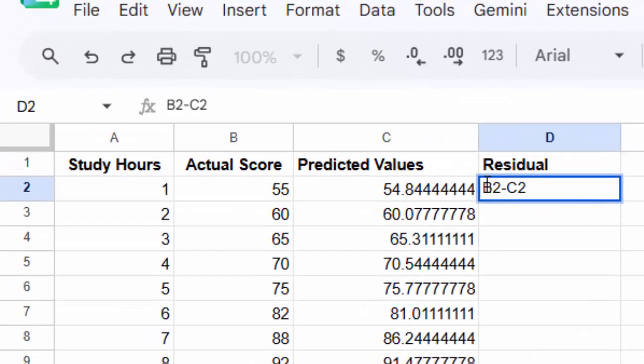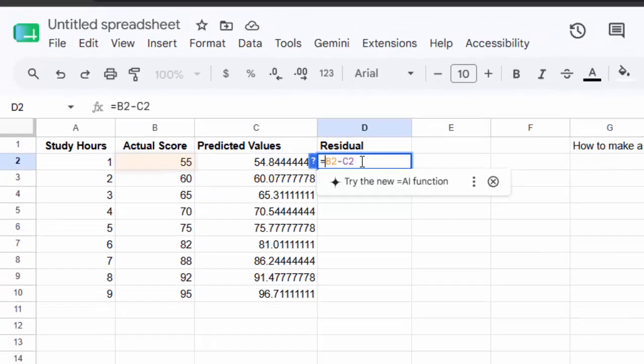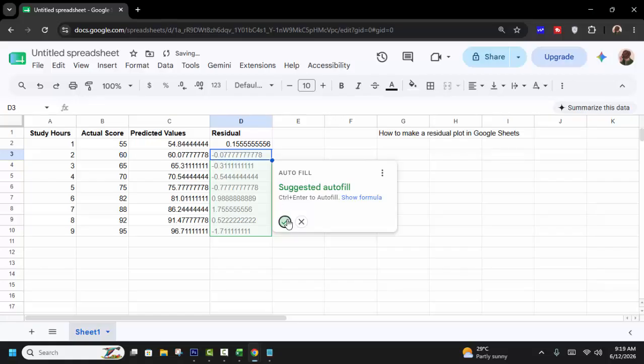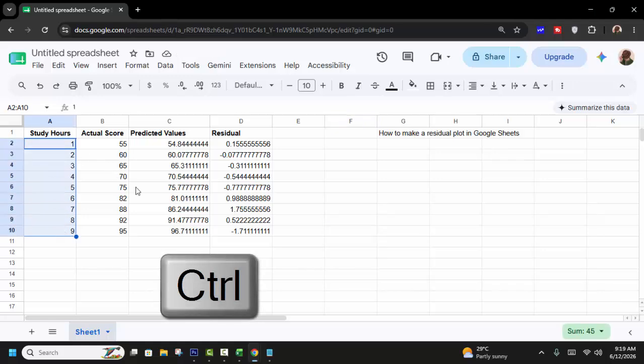First type equal B2 minus C2. Press enter. Okay, then use A2, select A10, hold Ctrl,